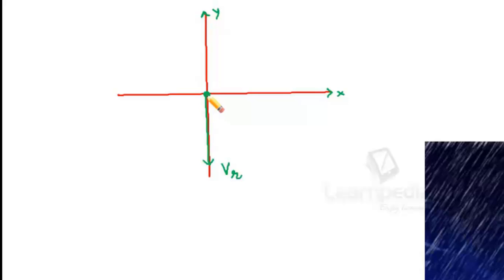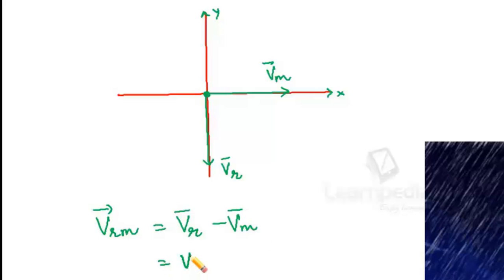So the vector, I have joined the tails and drawn. This is the rain velocity. Now the man is standing here. For him the rain falls vertically down. But the man starts walking in the rain. Say he walked horizontally towards the positive x-axis. This is the velocity of the man. Then the velocity of rain with respect to man, the observer, will be equal to velocity of rain minus the velocity of man, which we can also write as velocity of rain plus of minus the velocity of man. Means we need to subtract velocity of man from the velocity of rain.